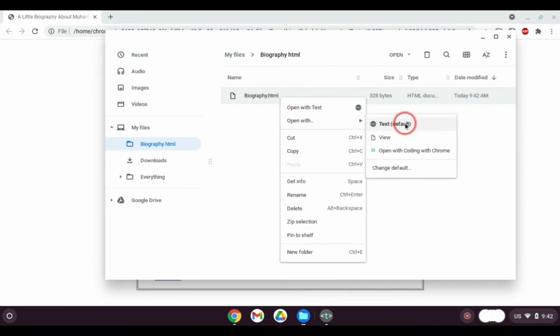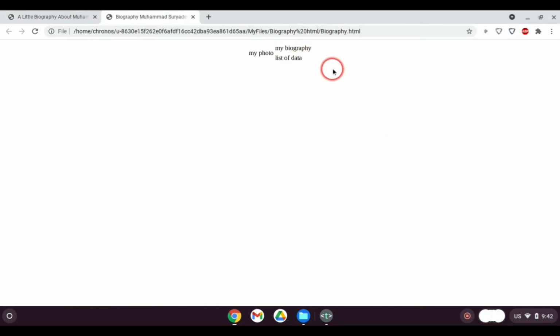Okay, let's view it. Look, it looks like this because it's the table. My photo looks like this because it is row span equals 2. As you can see, the title already works perfectly here. Now this is quite hard to see because we don't see any border. So border makes things easier to see and organize.